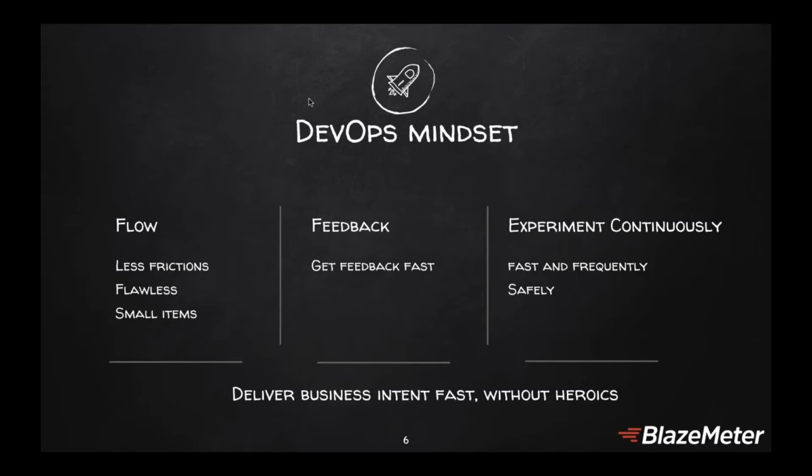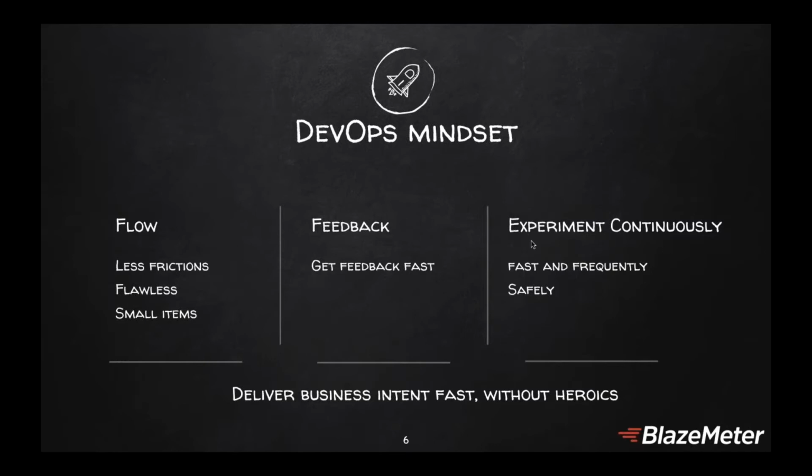If we reflect on the DevOps mindset, the DevOps is all about 3 things: an easy flow with less frictions and delivering small items without any hassle, with no need for any expert to do the job for you, in order to get feedback as fast as possible. If in previous times it took us a year to develop something, release it to the market, and then understand we were not where we're supposed to be, now we'll do it in a day or in 2 weeks. We'll find out quickly and fix whatever needs fixing,